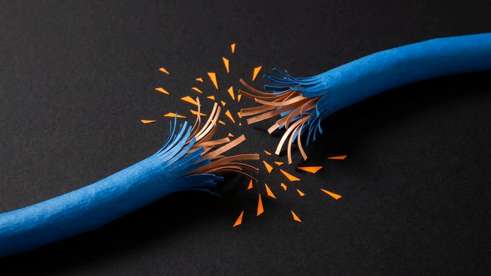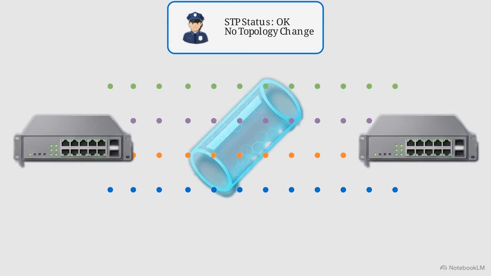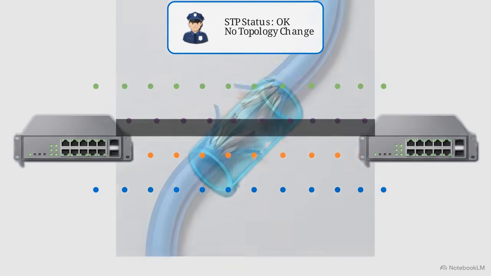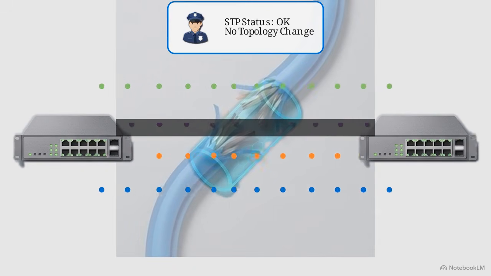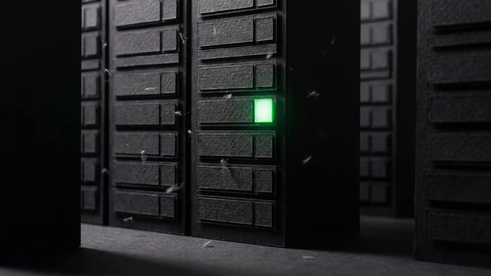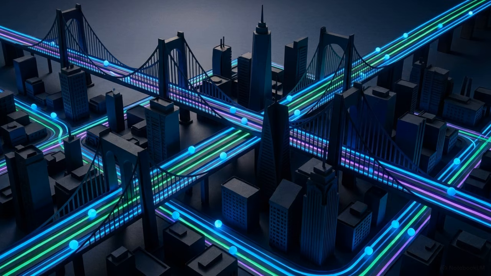We've solved the speed problem, but what about that single point of failure we saw earlier? Look at our 4-cable bundle. If someone unplugs a port or a wire suddenly breaks, the damage is isolated. The bundle instantly detects the dead link, ejects it, and smoothly shifts its data stream to join the flow in the remaining 3 lanes. The total speed might drop slightly, but the connection between the switches never fails. The network stays online. EtherChannel transforms fragile, individual wires into a resilient, high-capacity highway that keeps the digital